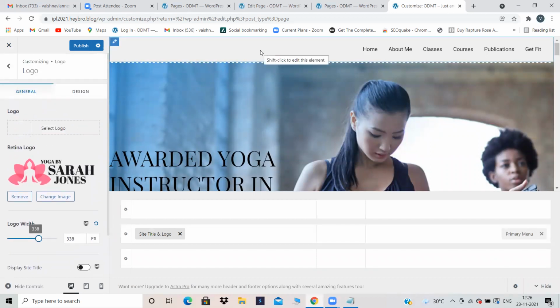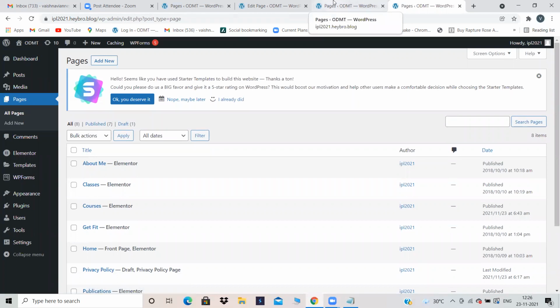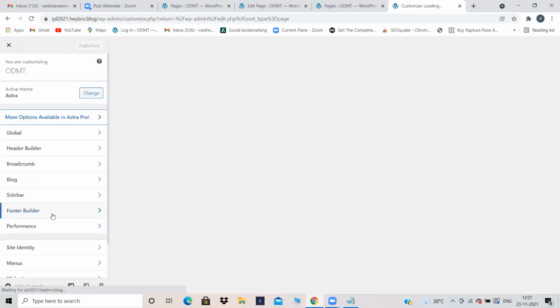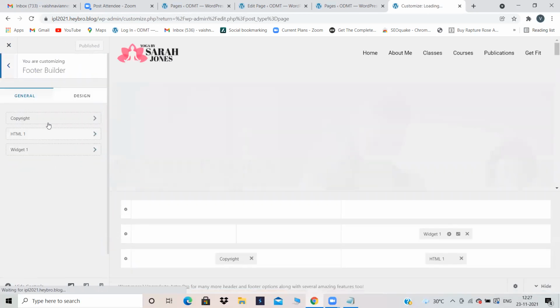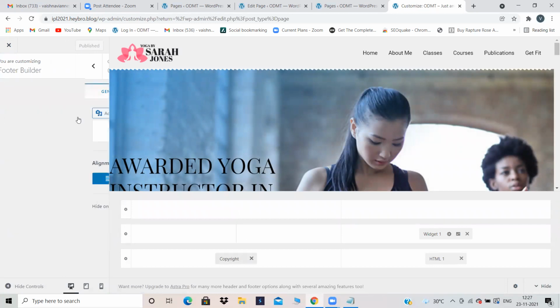If any option is not working in the Elementor, then come back over here and adjust that option, that is customize your website. Sometimes footer option also will not work with the help of Elementor. Generally 99% it will not work. You cannot edit footer with the help of Elementor. At that time you have to come into customize. Where is it? Appearance, customize. Now I have gone into header. At that time you have to go into footer and you have to edit it. Simple. Now footer is not there over here, but generally you have to go into footer builder and you have to edit it. If you want to add any footer also, you can.